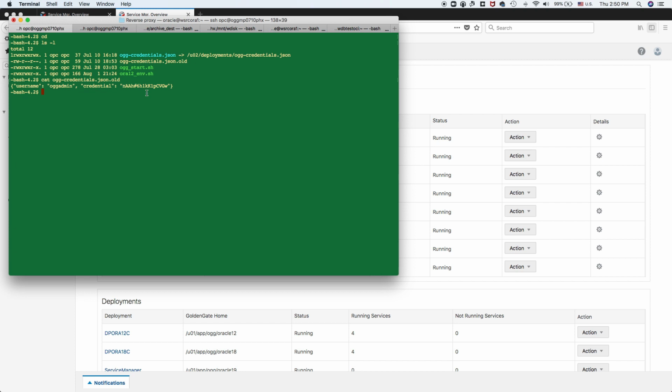And you will see it tells you the username is oggadmin, and the credential is password. This is a system generated password. So use that, you can log in, and then you can go change your password. So that's how I log into my